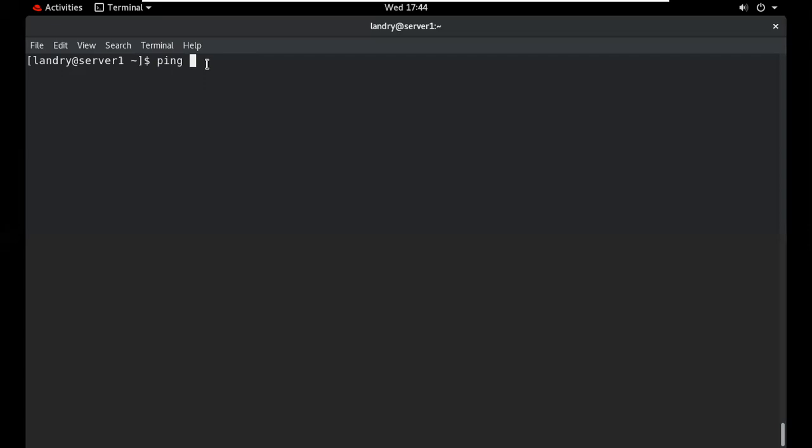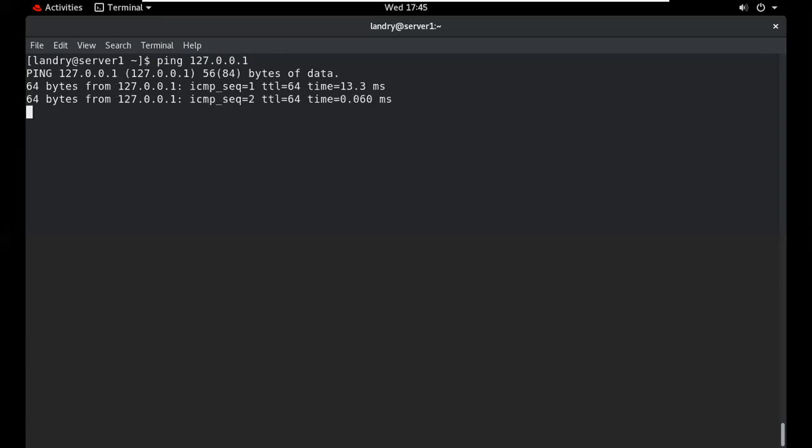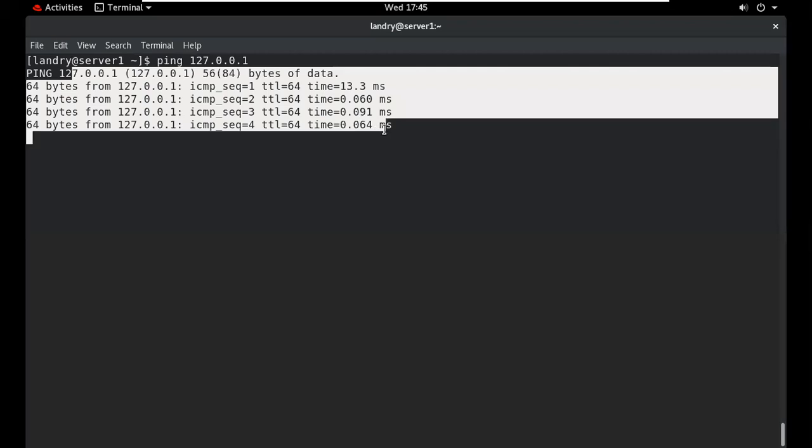When you have connectivity between two machines, it will show the message on the screen. Suppose we have a machine, the machine name is 127.0.0.1. This is another machine, suppose, but it's my own machine. So where will it show the message? On my screen.